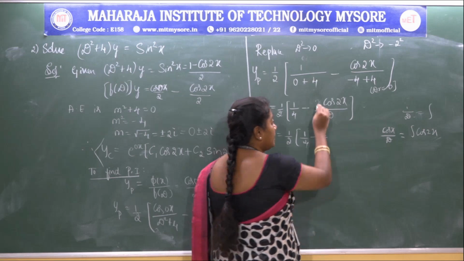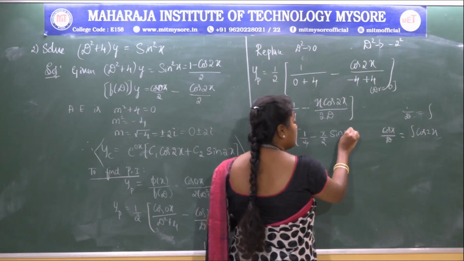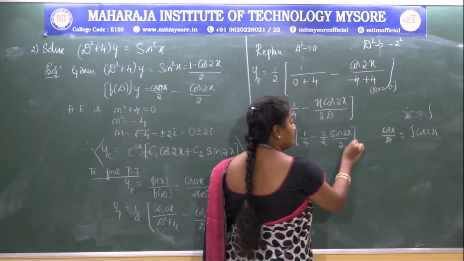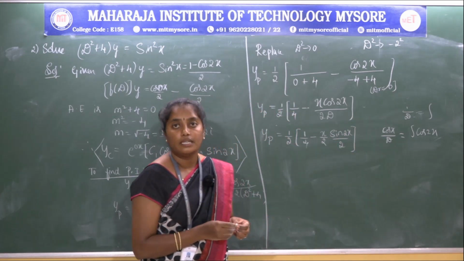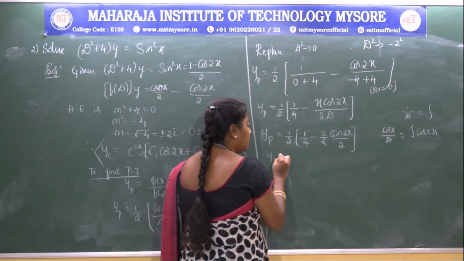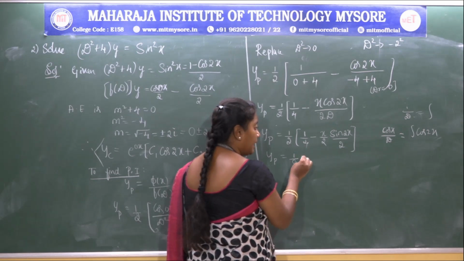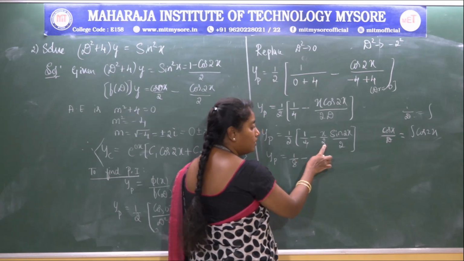On integrating, the integration of cos 2x is sin 2x divided by 2. Therefore, yp is equal to, multiplying 1 by 2 inside, 1 by 8